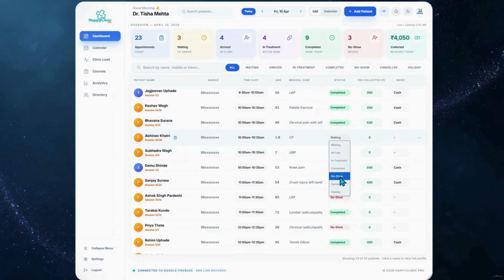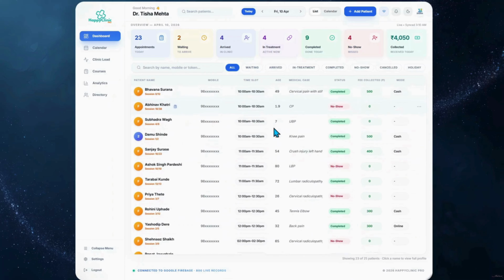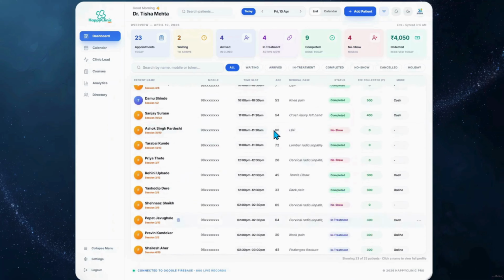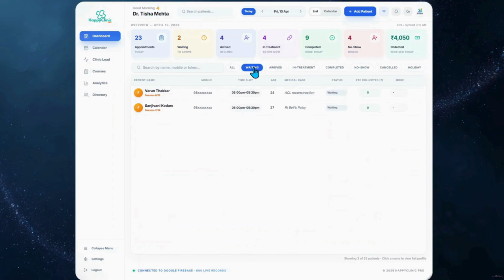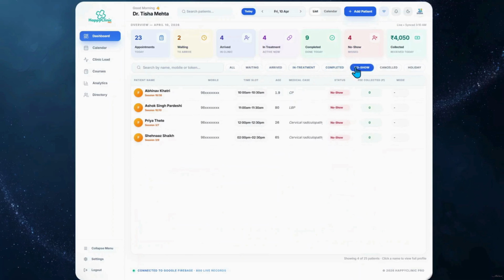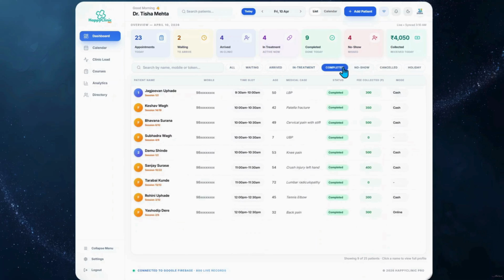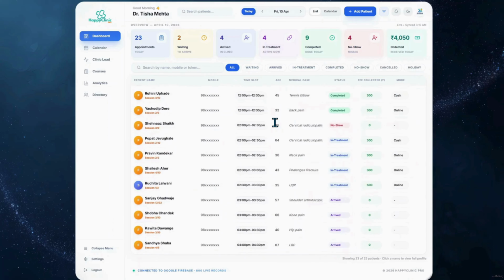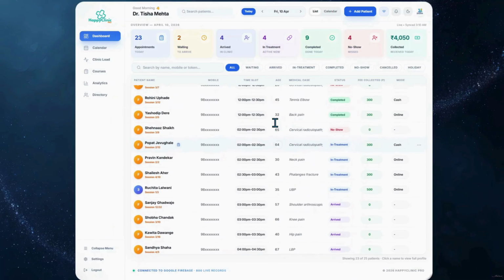Just below these cards is your patient list for today. You can easily filter this by status. Click Waiting to see who is yet to arrive. Click No Show to see who missed their slot. Or click Completed to see who is all done. These filters are an absolute lifesaver when you're managing 20 or 30 appointments and just need a quick overview of